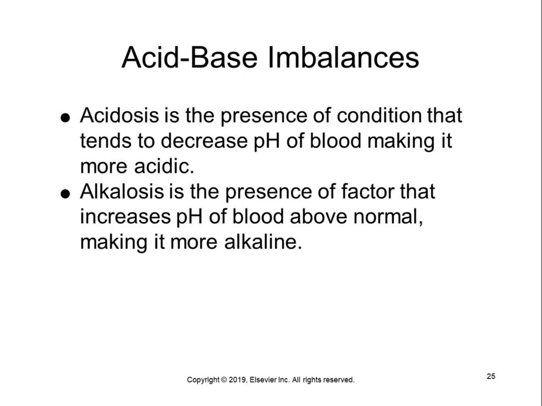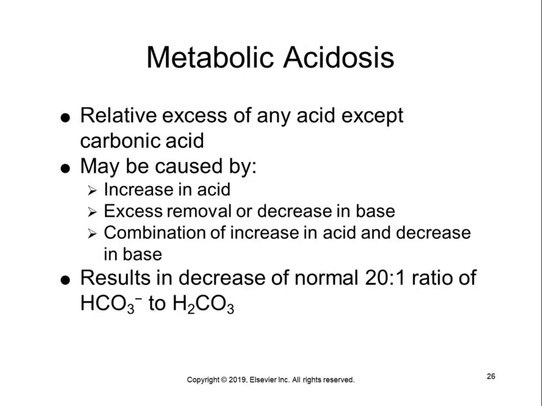Acid and base imbalance. Acidosis is the presence of conditions that tend to decrease the pH of blood, making it more acidic. Alkalosis is the presence of factors that increase the pH of blood above normal, making it more alkaline. Metabolic acidosis is a relative excess of any acid except carbonic acid. It may be caused by an increase in acid, excess removal or decrease in base, or a combination of increase in acid and decrease